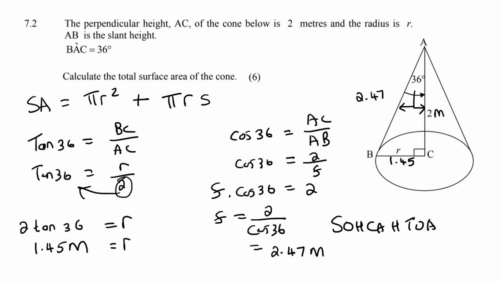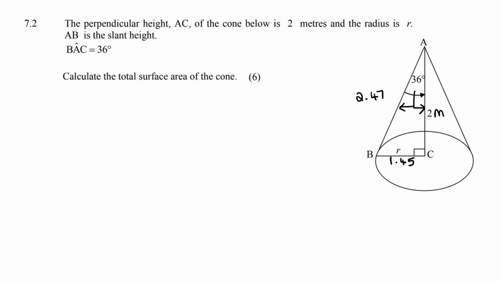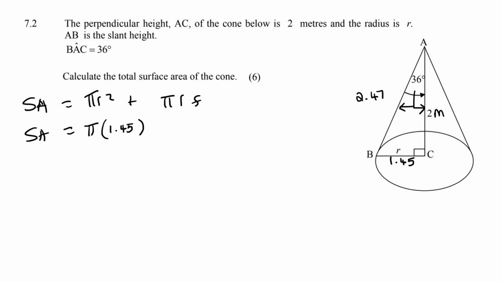Okay, but for this answer, I'll show you the range of answers that you are allowed to get. Ooh, I went and erased our formula. Surface area equals pi r squared plus pi r slant height. Okay, so now we can go fill everything in. So pi times radius, which is 1.45, squared, plus pi times 1.45 times slant height 2.47. Go ahead, type it all in, and we get